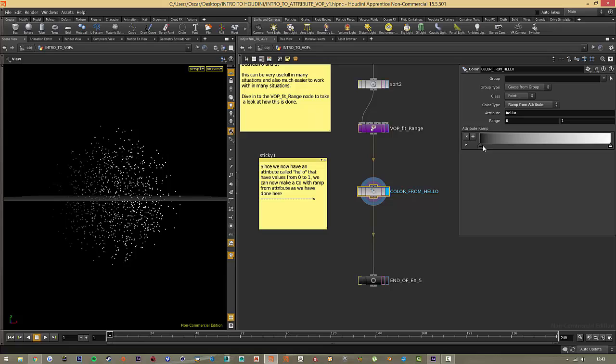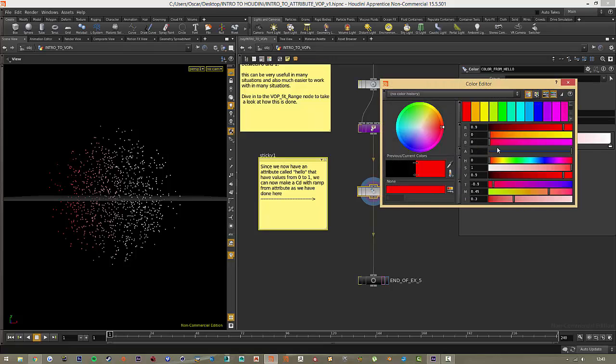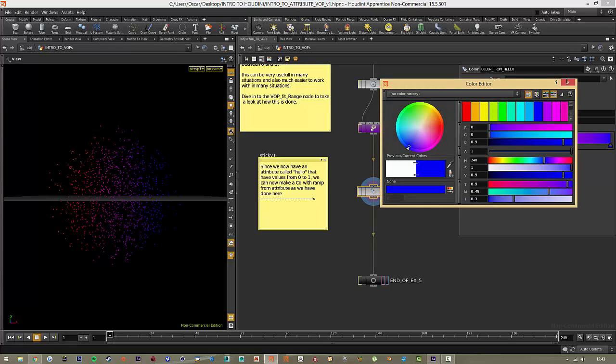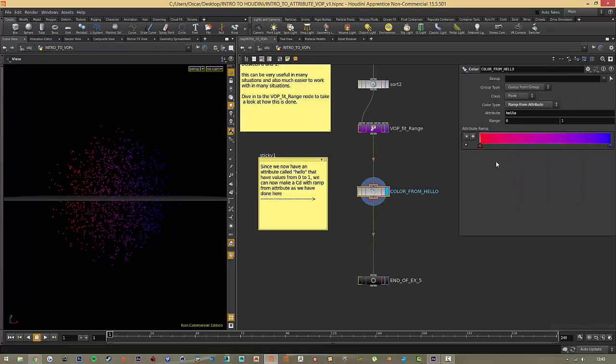So 0 is black, 1 is white, and we can see here that they go from black to white. We can put the 0 attribute values to red, and the 1 values to blue. To visualize it better, let's put it like that, and you can see they go from red to blue,